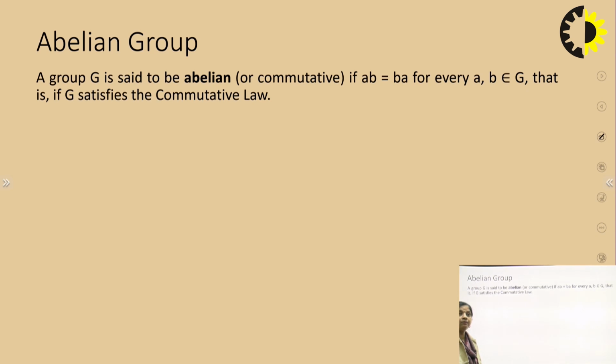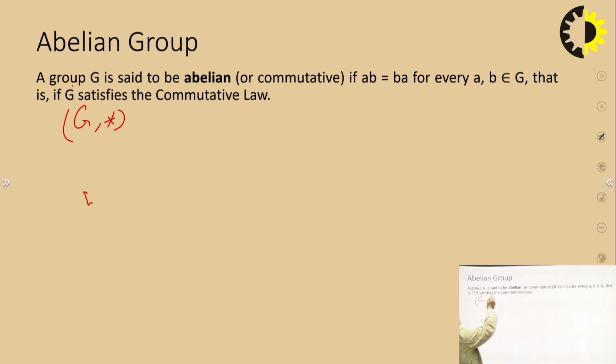One more thing we will add here in a continuation of the definitions. Abelian group. If G with star is a group, group means it is associative, it is having the identity element, it is having the inverse element. Okay, it is associative, identity and inverse is there, so it is a group. So if it is a group,